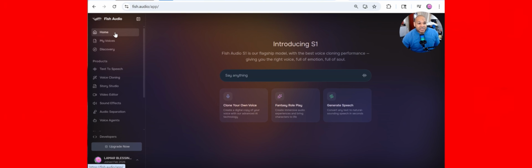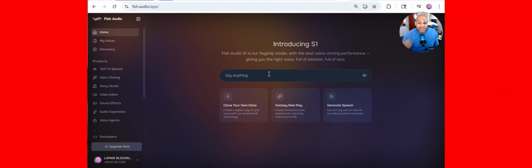In this platform, Fish.Audio app, I'm going to start at the home page right now, and it looks like you have many different options. What I really like, because I overlooked this a little, is that it says clone your own voice. Everybody wants to clone their own voice. A lot of the videos that y'all make when you want to create your own avatar using other platforms, people are voice sequencing themselves.